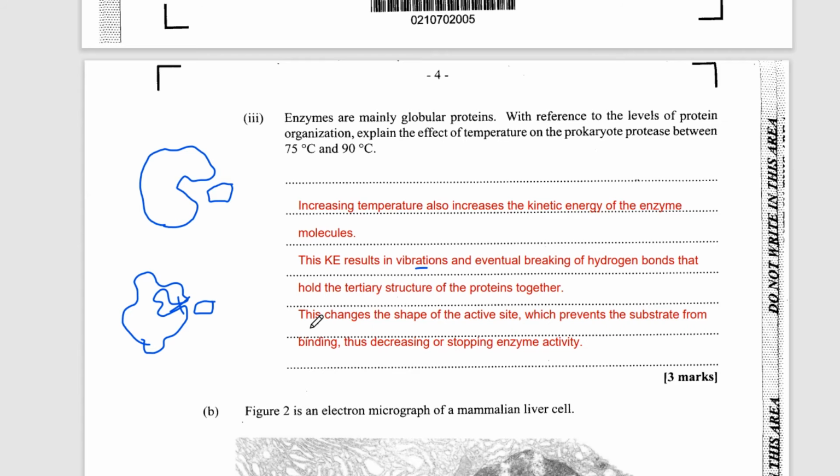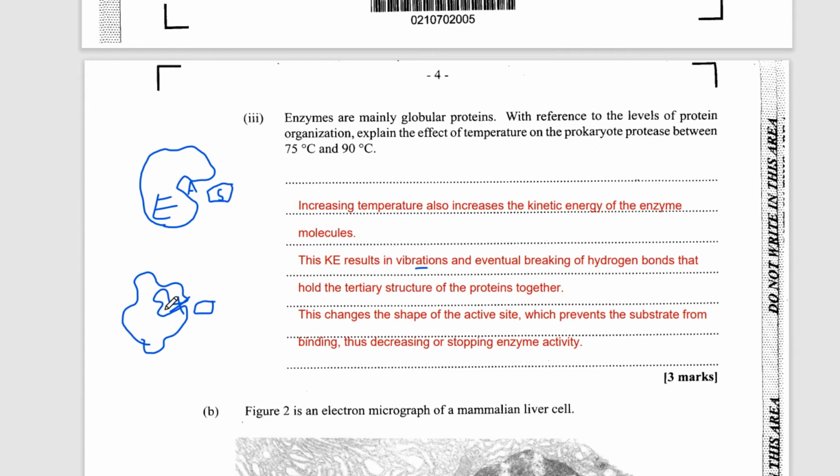So anyway, what happens now when this tertiary structure starts to unravel? Well, this would change the shape of the active site where the substrate is supposed to fit. So if this is your substrate here, and there's your enzyme here, and there's your active site here, usually this will fit like a hand in a glove. But if you were to change the structure of the enzyme, like with a heater, the vibrating bonds would break, and the substrate now would not be able to fit or would not be able to completely bind